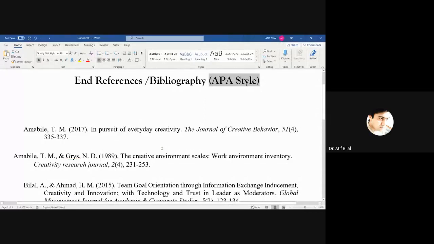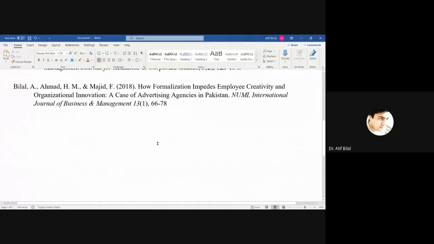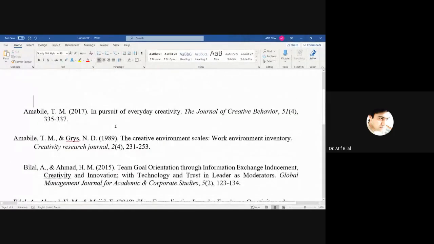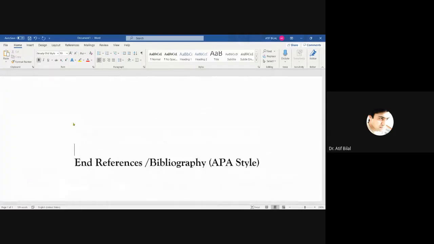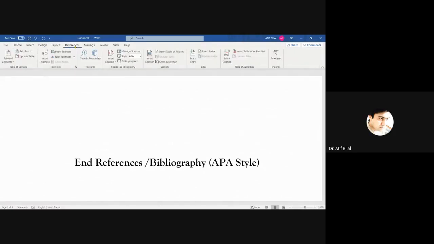The second thing that we need to know here is how do we manage our end referencing using Word? As we're using Microsoft Word, here is how it is going to make it easy for you to cite your references. You're in the Home tab, you go to References. Here you're going to see this portion, which says Insert Citation, Bibliography, Manage Sources, Style, which style you're going to use. So make sure you have selected the style that you want to go with.